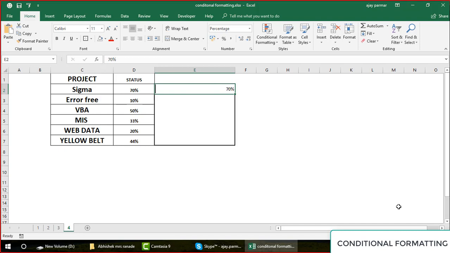Actually 70% is a percentage, so Excel will treat that as 0.7, 70 by 100. So if you have to write here 70%, you don't write 70%, you write only 70, like this, then the things would look good.